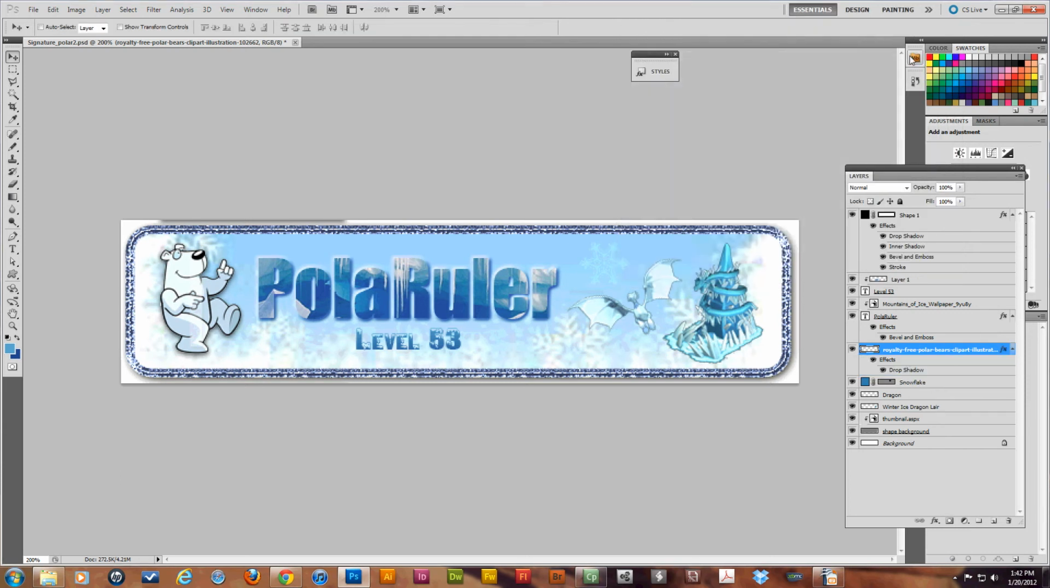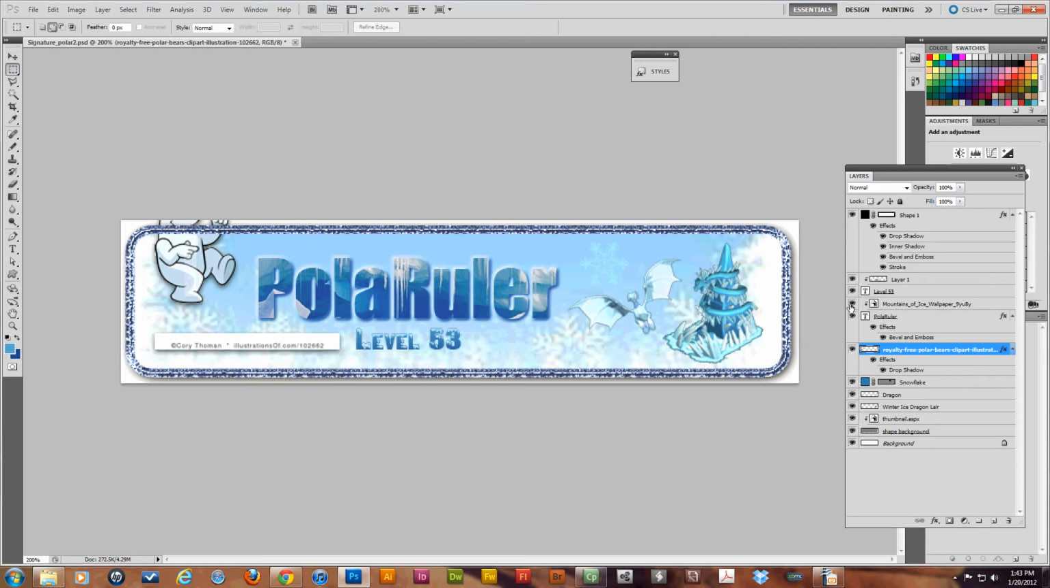So, okay. Now watch, if I have my move tool and I move this bear down, I've got something up here. Oh, yep, see I have a little bit up on the top and the bottom. So let me get rid of that with the marquee tool. Now even though I'm going over where it says level 53, it's not going to delete that because the only layer that I have selected is the polar bear layer. So I'm just going to say delete,